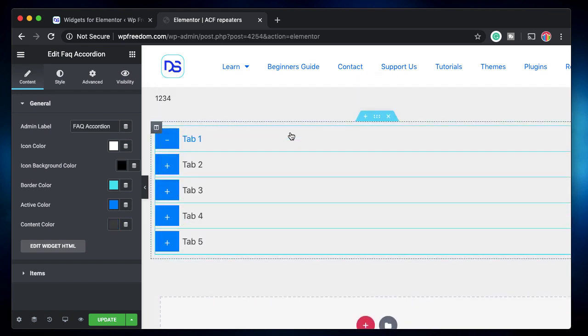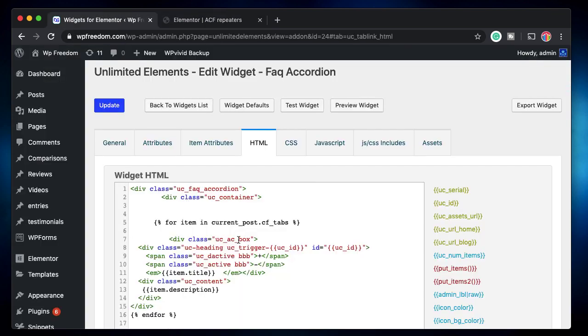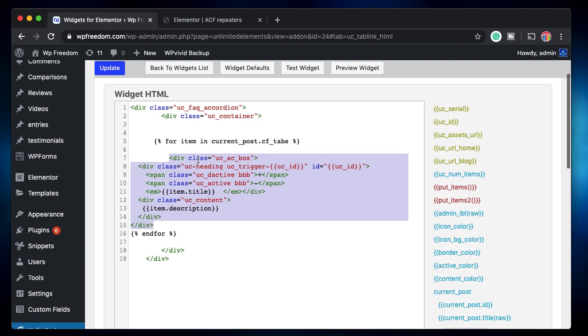Anyway, so that's how you create widgets, or you edit existing widgets and make them work with ACF repeaters. You just remove the put items, replace that with repeater code, and within the repeater code you take the item HTML and paste it, and then replace these elements with the elements from the repeater field itself, or maybe just duplicate the repeater field twice, one for reference and another for one to paste the HTML code.